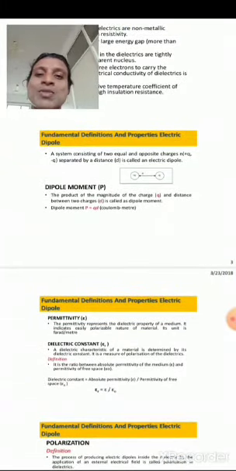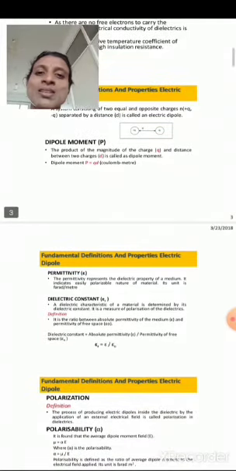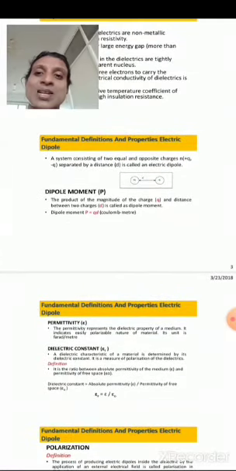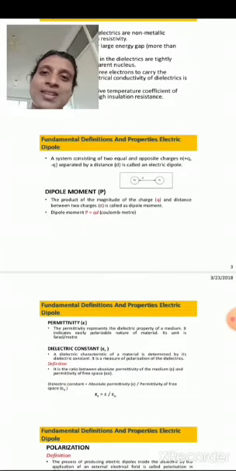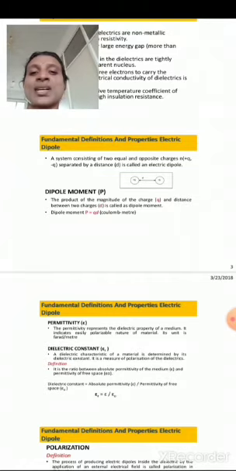Dielectrics have two types of charges: positive charge and negative charge. A positive charge plus Q and a negative charge minus Q, separated by a distance, is called an electric dipole. If the material is non-polar, plus and minus are in combination. If the positive charge and negative charge get separated at a certain distance from each other with the application of an electric field, this indicates the formation of a dipole.